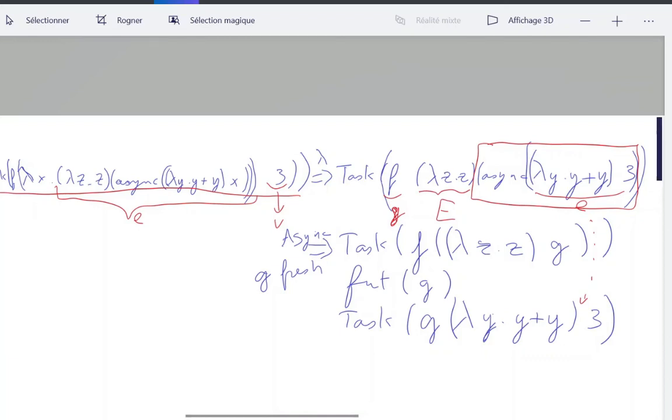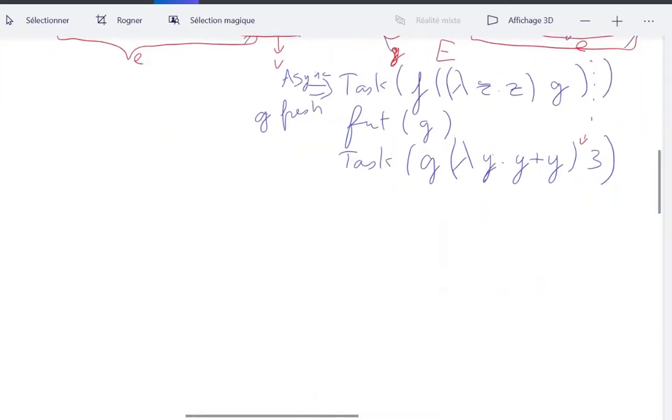I can go one step further, and now I have a bigger configuration, so I could do different things. I could apply reduction to different tasks that are ongoing, in fact. So I could choose different parts of the configuration. Let's suppose in the next step I choose this one, which is an easy one.